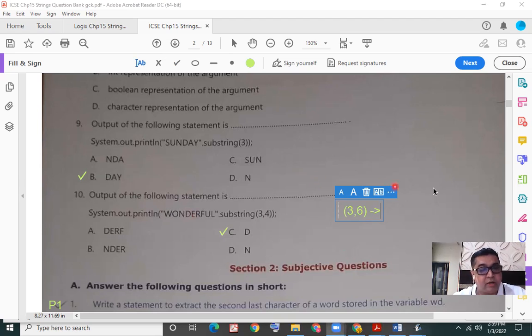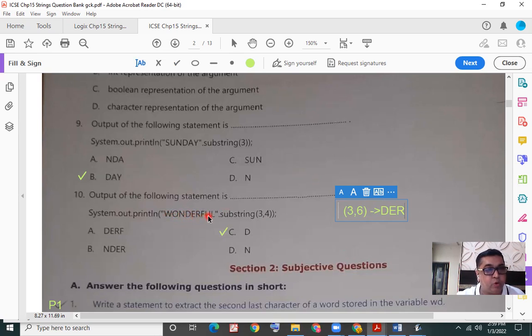We would have got the characters DER. Starting from 3, if I specify the end as 6, it would not actually end at 6, it would end at 5. So position 3, 0, 1, 2, 3 is D, then 4, 5.